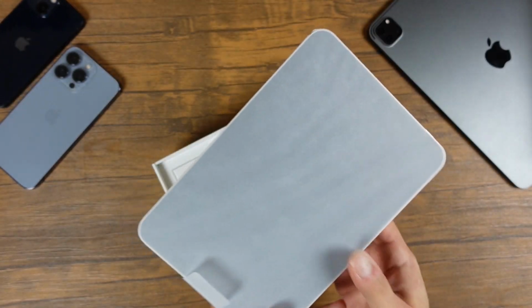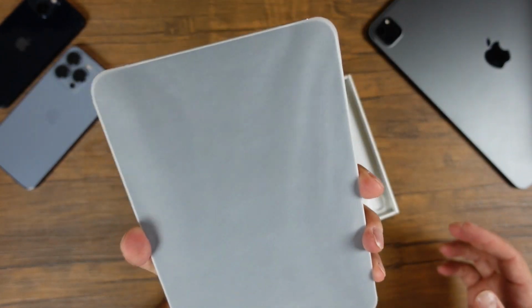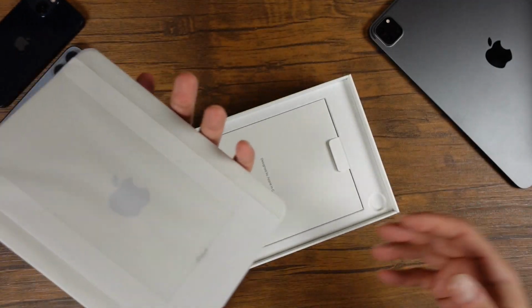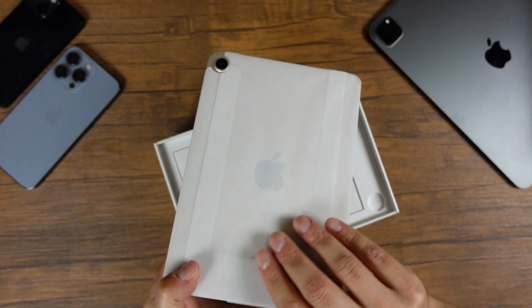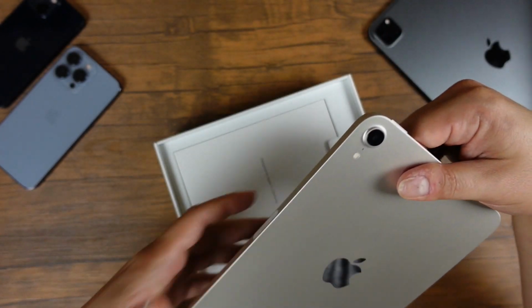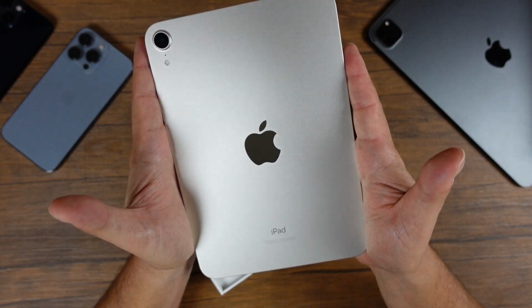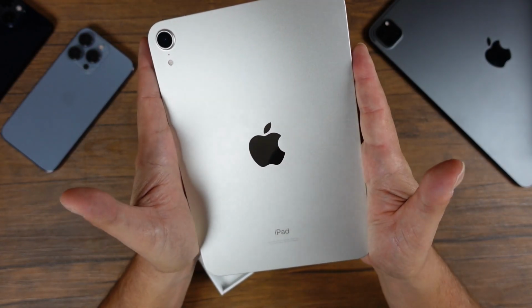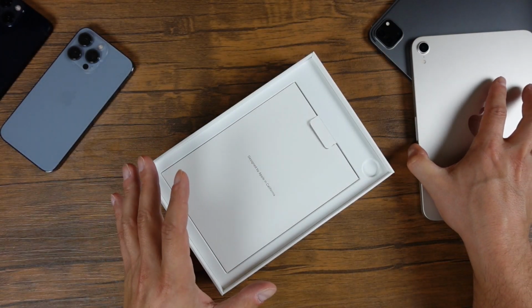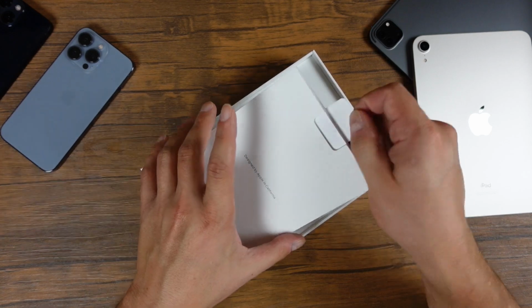All right, so this is the iPad mini, and you can pretty much see the size right here. It looks like Apple didn't hesitate on adding packaging to this. So there it is, the new iPad mini in that Starlight color. Now I'll give you a close-up and detailed look at this color in just a second. It does change a little bit in the light, but let's go through what else you're going to get inside